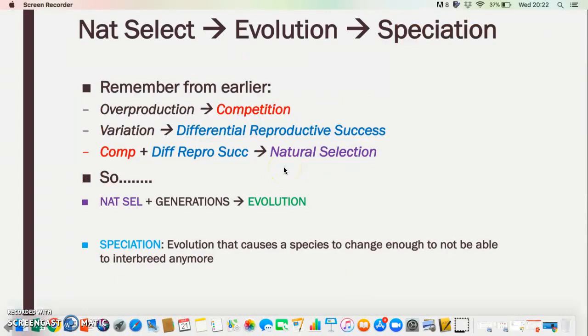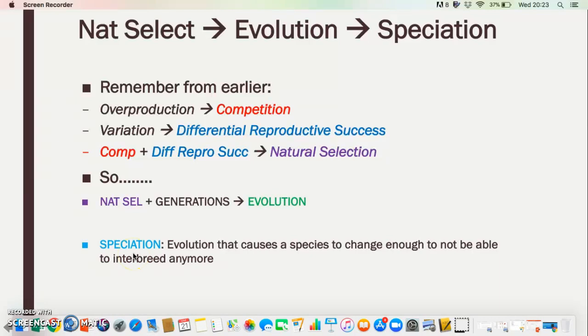All right, super fast summary. So natural selection leads to evolution, which leads to speciation. So we already covered natural selection. So if we have natural selection over many, many generations, this is what we're referring to when we talk about evolution. And evolution can lead to speciation. And speciation is simply the creation of new species over time. So remember,